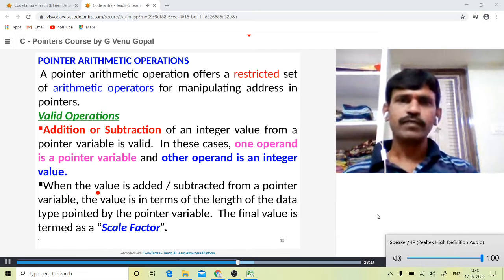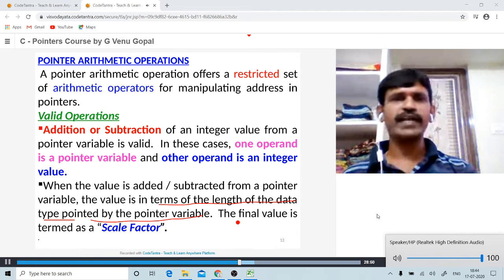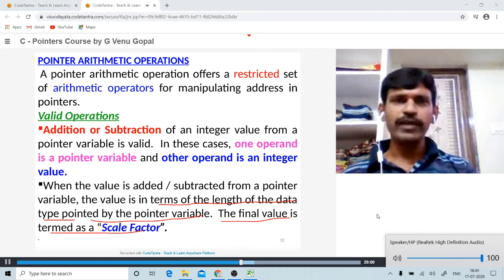When a value is added or subtracted from a pointer variable, the value is in terms of the length of the data type pointed to by the pointer variable. That means the number of bytes pointed to by the pointer variable is actually used in the addition or subtraction. The final value is termed the scale factor.